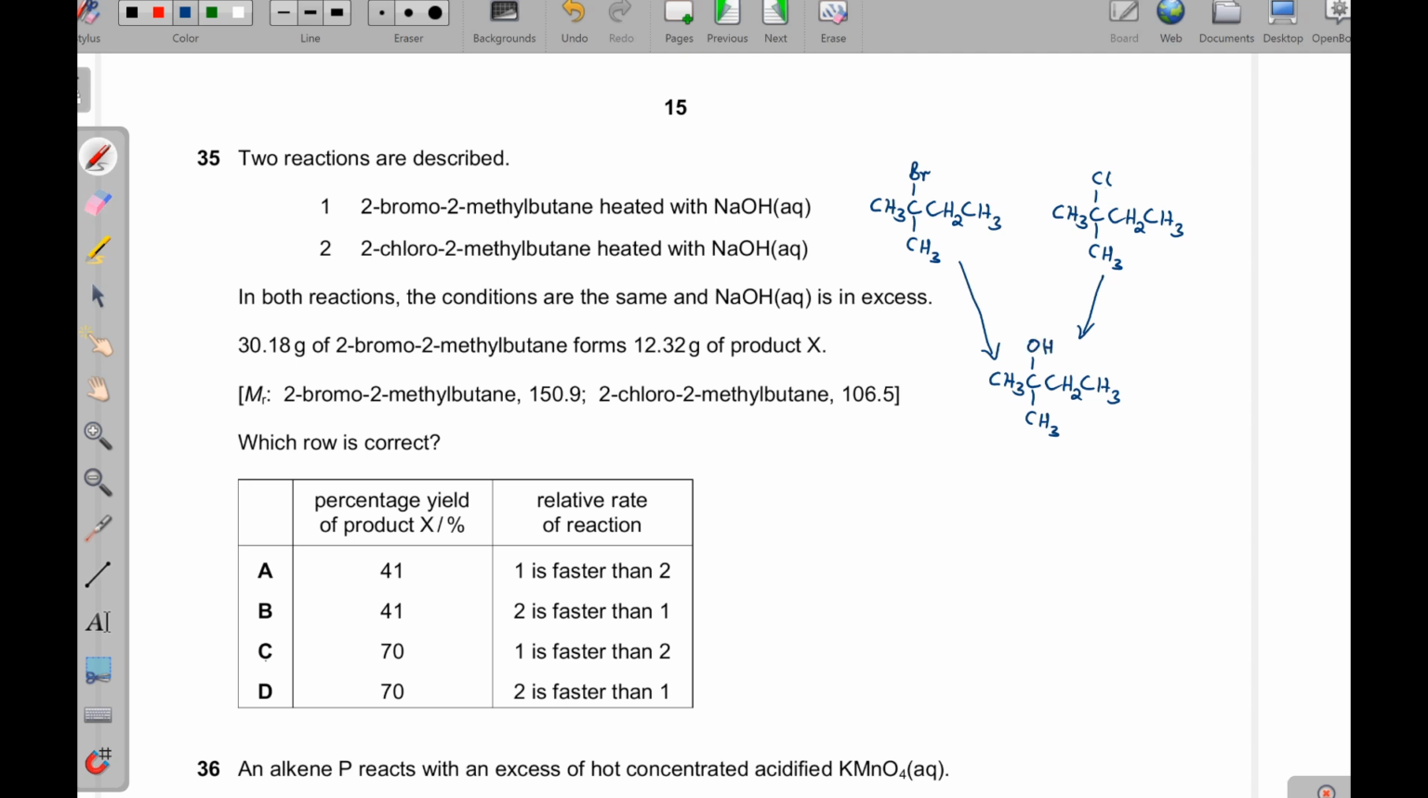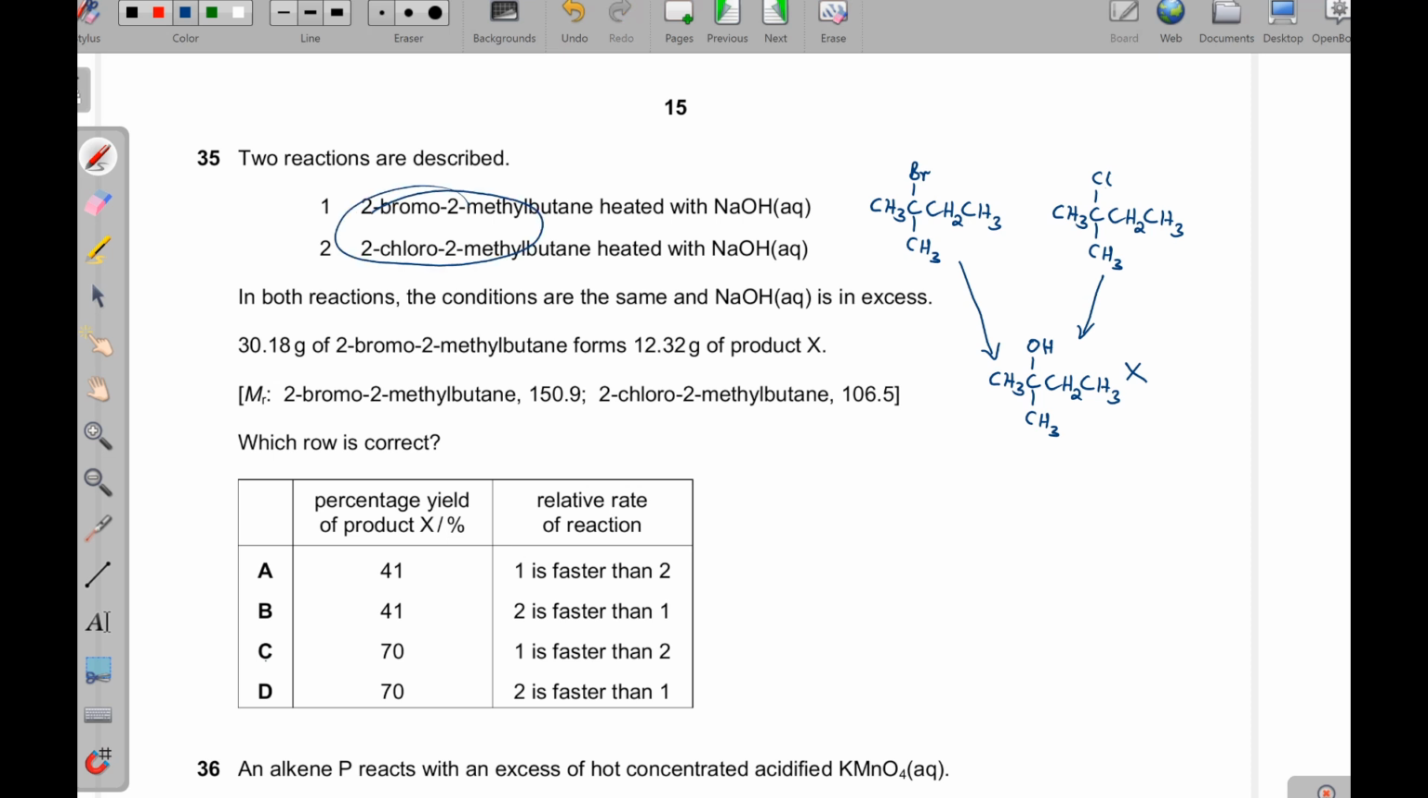And they are saying that 30.18 grams of 2-bromo-2-methylbutane forms 12.32 grams of product X. This is product X, okay? Then the Mr of 2-bromo-2-methylbutane is 150.9, and then for this one is 106.5, which row is correct. They want the percentage yield of X here, and then the relative reaction rate that is faster. So which one is faster than the other? Now, when we look at